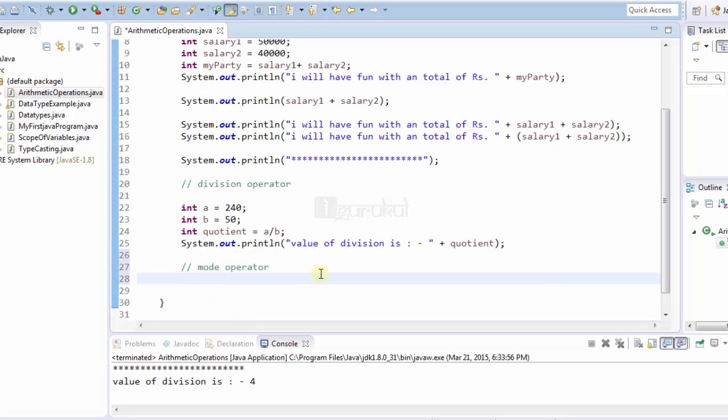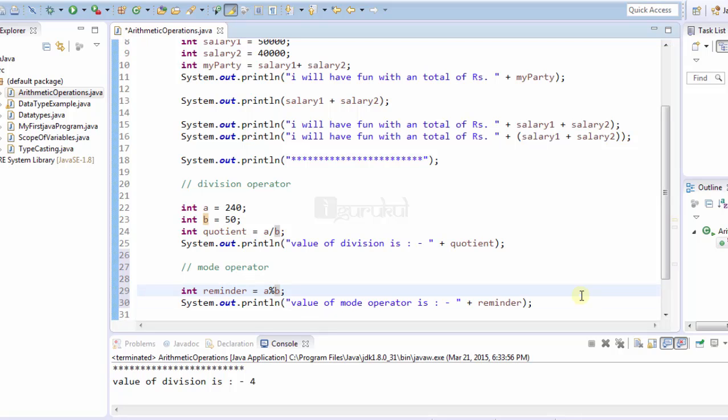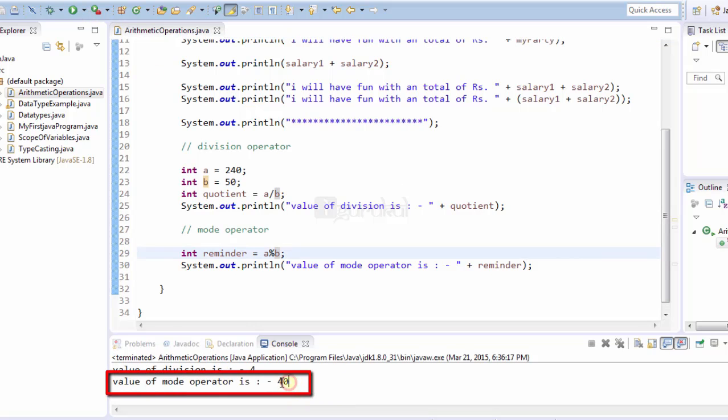We will be using the same example. Okay, so int a and b will be the same. Int remainder, we will just be taking the output variable to be different. We will take a remainder, copy paste. So what I have done here is I have taken another variable of remainder type. I use the same variables a and b and use the mod operator to check the result. So let's print out the result first. Execute the command. See, we have got the output as 40.